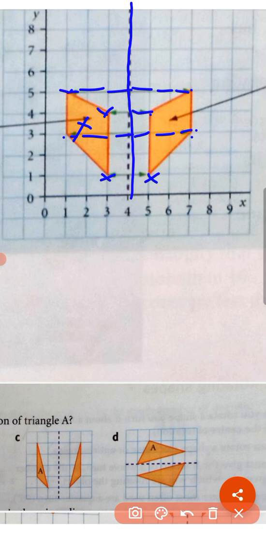Children, a figure is said to be a reflection of the other figure when every point in a figure is equidistant from each corresponding point in another figure. The distance from the mirror line to every corner must be the same. That is from the mirror line to the object. The distance between the mirror line and the object is equal to the distance between the mirror line and the image. This point is very important. And the image faces in the opposite direction also.